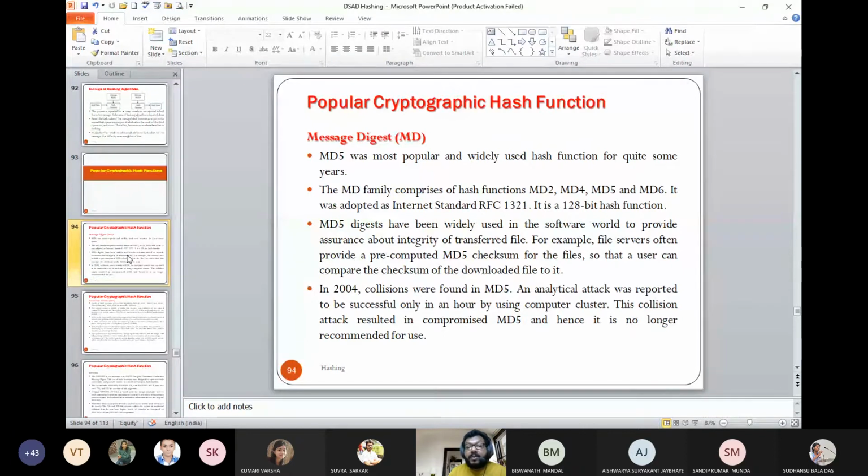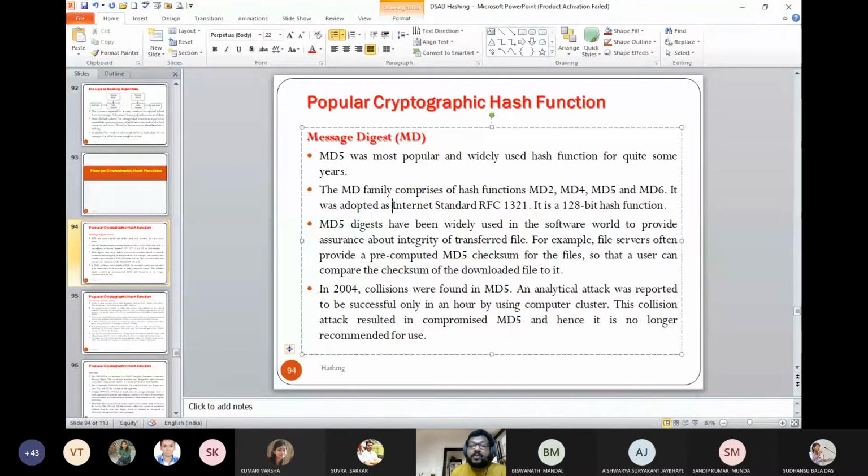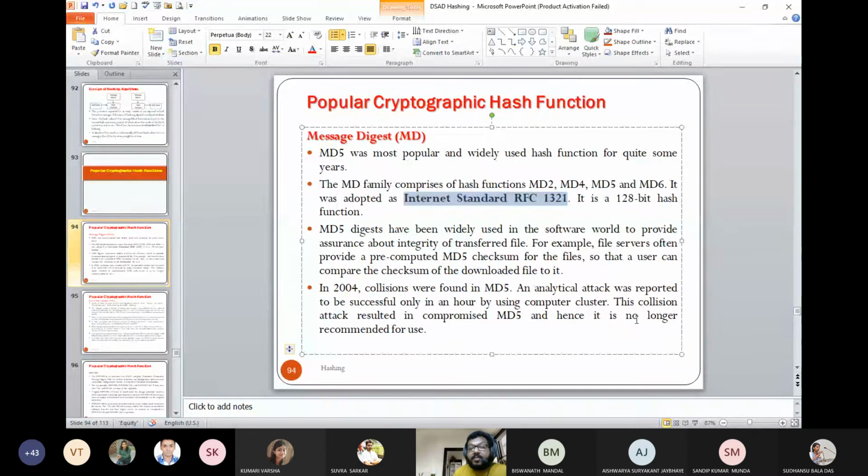And one more thing to remember: whenever you look into any security standards or hash function, you look into the RFC. Whenever these things are proposed by the IEEE or any scheme is adopted, a committee is formed. They prepare a draft proposal. They put that document in an open forum, like on their web portal, so that people can comment. Anybody can be a member of that group. Suppose one group is working on IEEE for the message digest, you can also be a member. The only requirement is that you must be an IEEE member, so you can contribute.